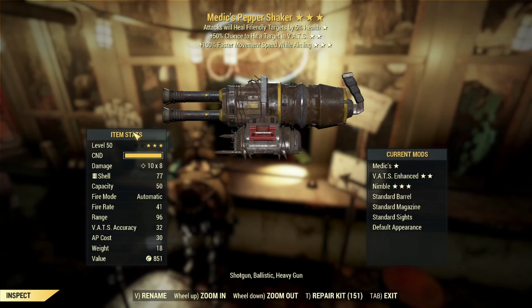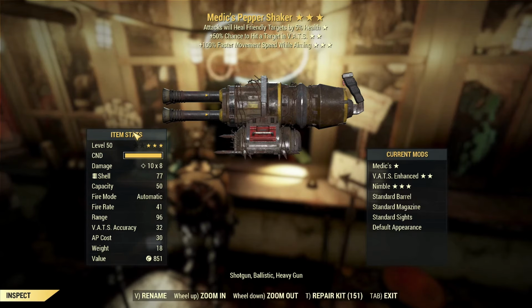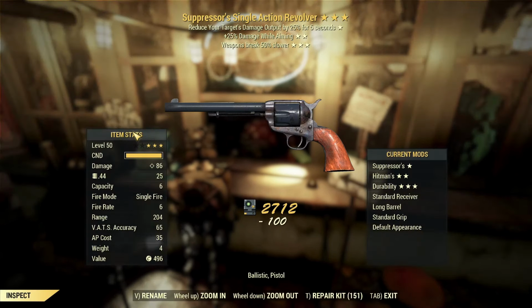Medic's Pepper Shaker with VATS hit chance and faster movement speed while aiming. Scrap, rather. It's going back in the machine. Nothing on there is really overly wowing me, sadly. Yeah, not a damn thing. This one is also going in the scrap pile because damage while aiming and weapons break